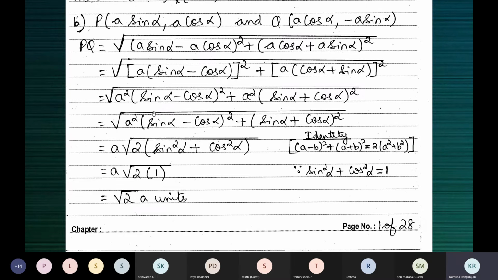I missed the bracket here, children. Every year I have to say this, I missed the bracket here. So you can see I should have opened a square bracket and closed it here. So here we have two terms. A square is common, so I've taken out a square. I should have opened a square bracket, written this one, and then till here and then close the square bracket here. Please do that yourself.